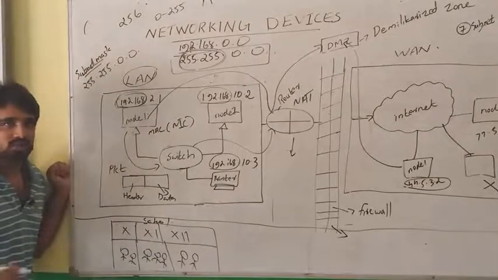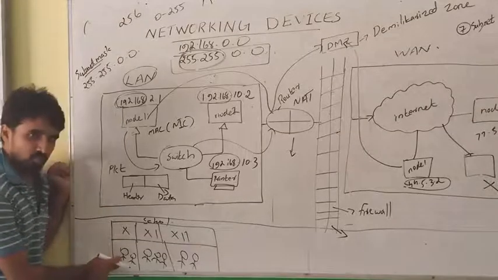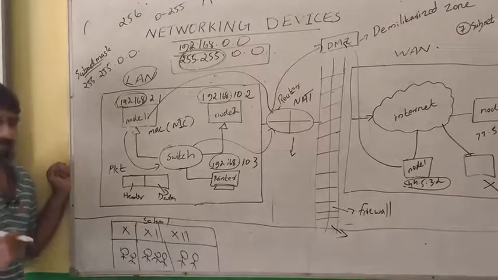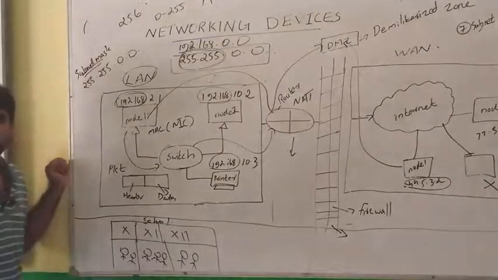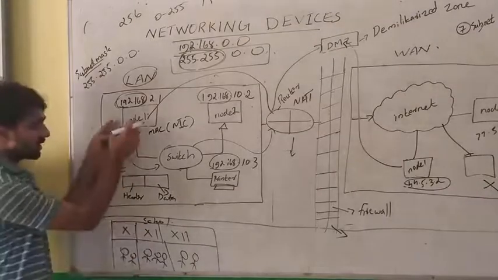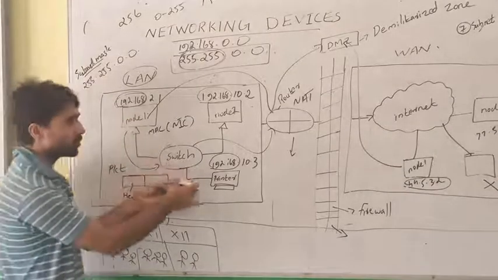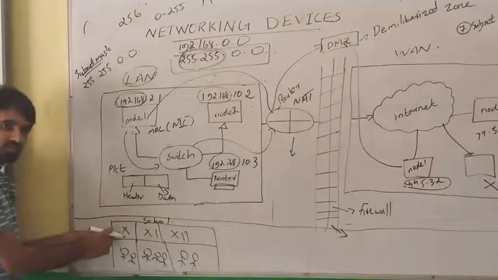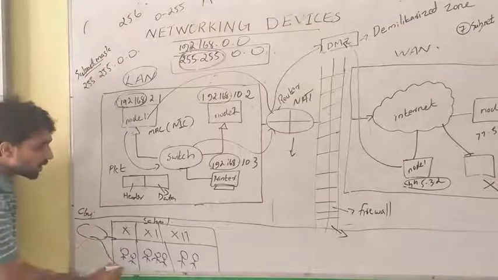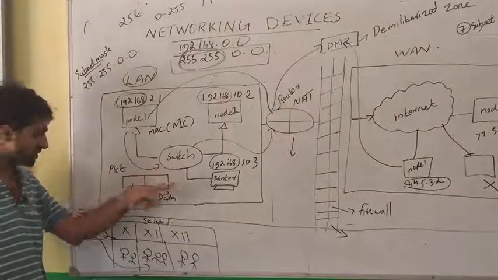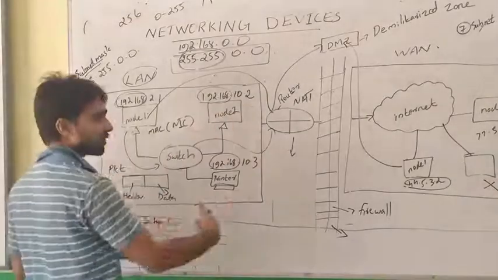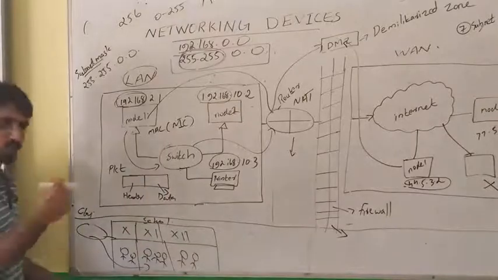So what is the exact process? First, he should move to at least the coordinator or the class teacher, no need to go to the principal. Take the permission, then really move to the other class. Same like this, here it first moves to the switch, then moves to the next node. So the switch is replaced here with the class teacher. Keep this figure in mind, so we can convert this entire figure to the school functionality. It is easy to understand.